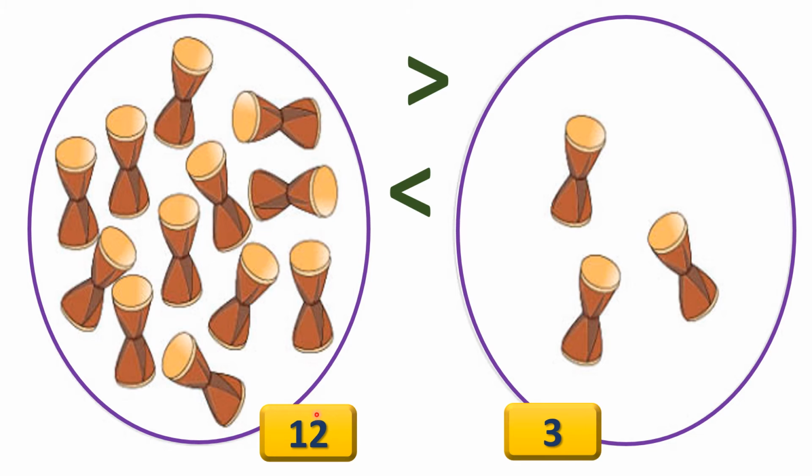Now, dear children, you have to observe these numbers and use any one symbol here. Which one are you going to use? This is greater than, this is smaller than. Yes, very nice. You are going to use greater than, right? Because 12 is greater than 3. See the open side? It has 12 in front of it. And the corner, or the closed side, has 3 near it. Correct?